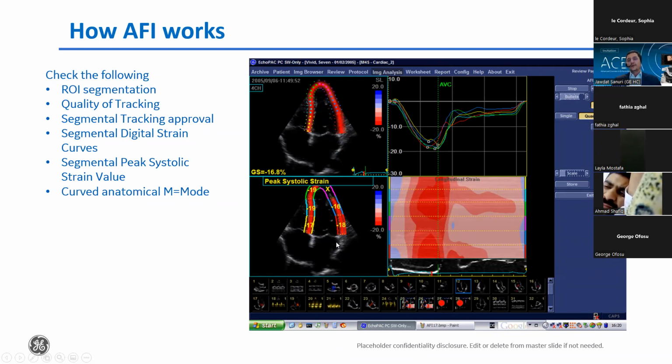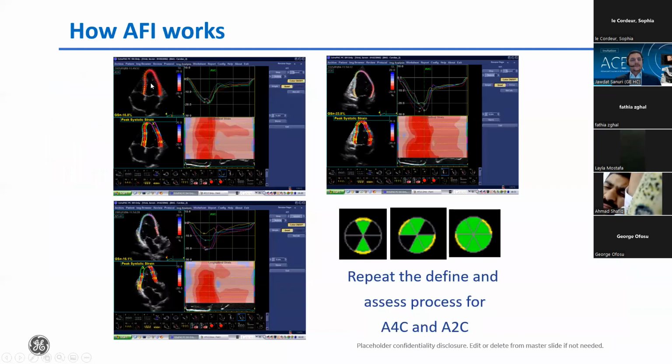The GLS for all the segments will not be calculated if I have too many segments. So again, from 4-chamber, from 2-chamber, from 3-chamber, you can see the strain curves for all these segments. And again, unlike velocity, strain apical segments should have the same value as the basal segments, because tissue Doppler is angle dependent. Apex is meaningless, but here we have the actual apex in 2D, so we can do speckle